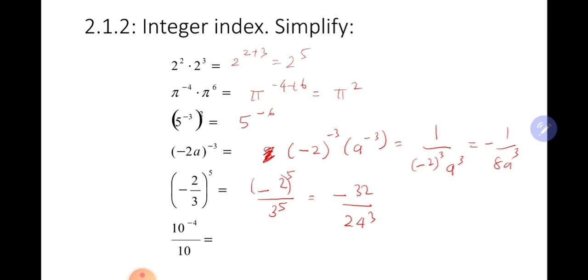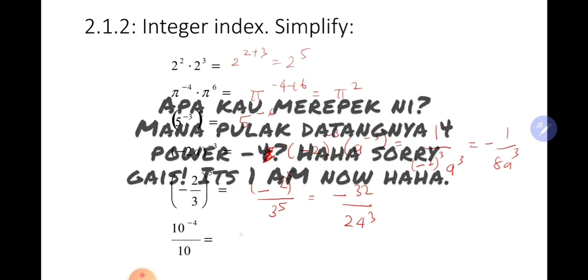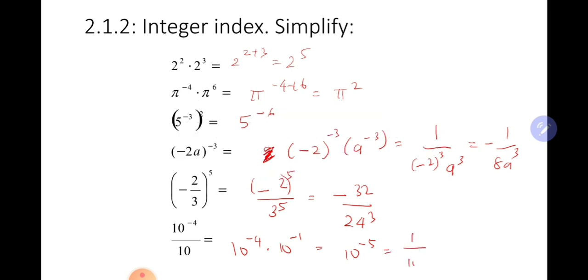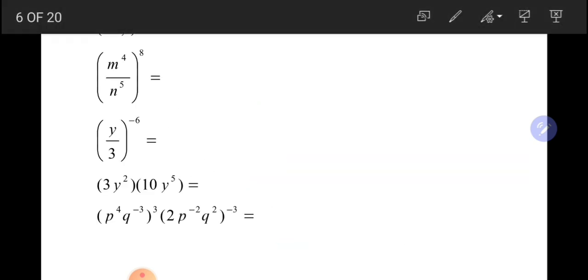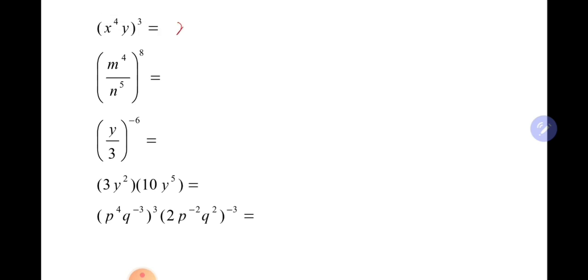Now the next one is 4 power negative 4 over 10. You can rewrite this as 4 power negative 4 times 10 power negative 1. You get 10 power negative 5, which you can rewrite as 1 over 10 power 5. Next, to simplify this, it equals x power 12, y power 3, and here we have m power 32 over n power 45. Then we have y power negative 6 over 3 power negative 6. We can rewrite this as 3 power 6 over y power 6,